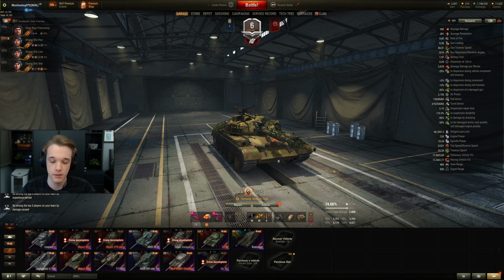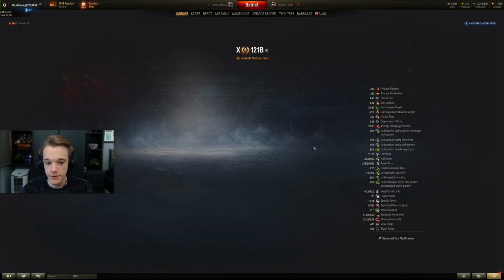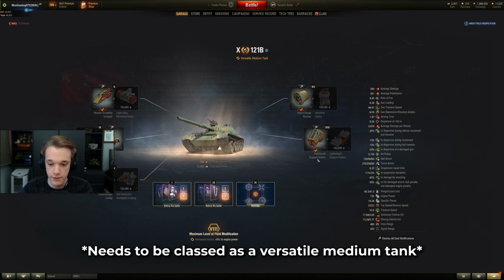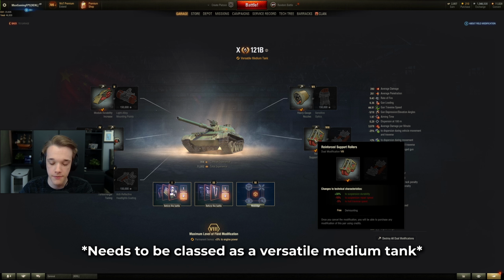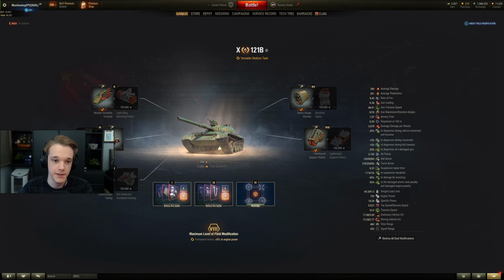Most of the time, it's going to be vents, rammer, stabs. Now, if you are a brawling type of player that really likes to go with the heavy tanks, you play those medium tanks that can actually brawl, they've got some armor, and you love side scraping and baiting shots with your tracks, use HP boost. But what you can do, if you have the last field mod, is choose the reinforced support rollers, and it will give you 30% durability to your suspension, which means that you have